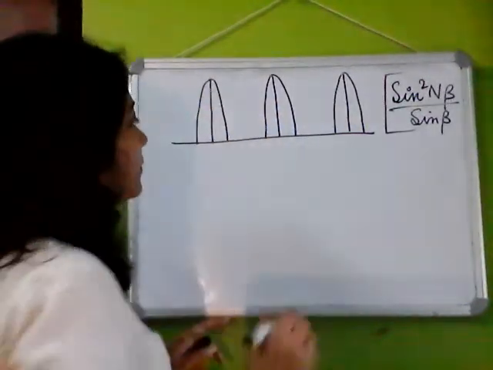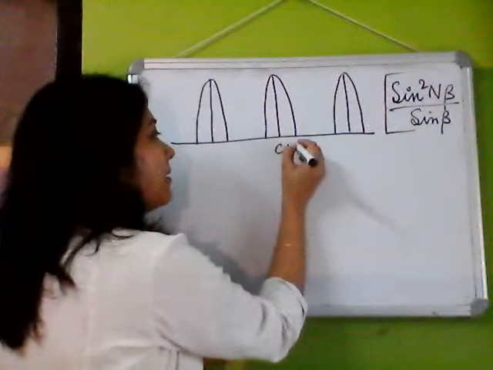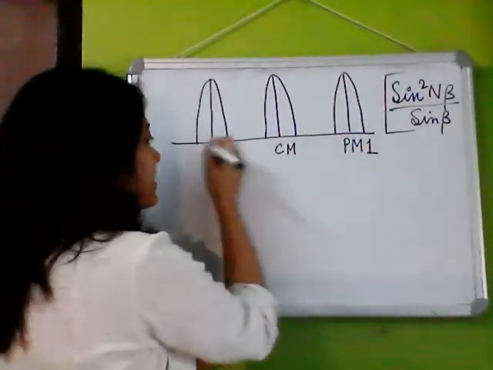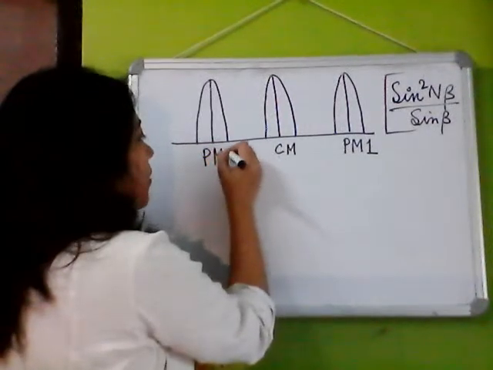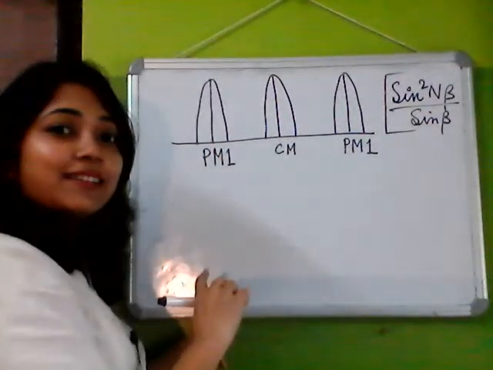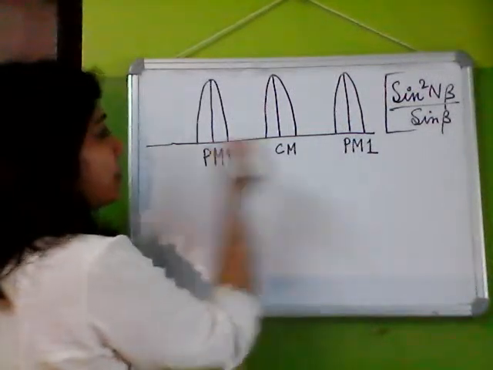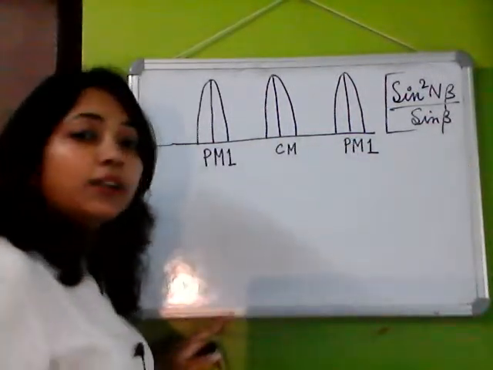Let me give the names. This is my central maxima. This is my primary maxima order number 1 on the right side, primary maxima order number 1 on the left side. Like this, I will be having primary maxima order number 2 on both the sides